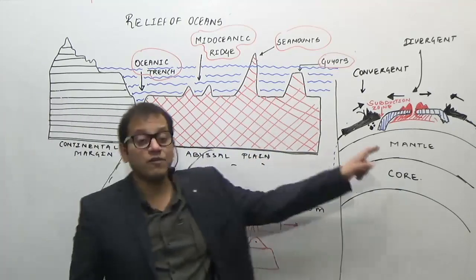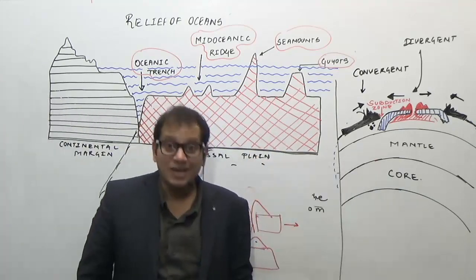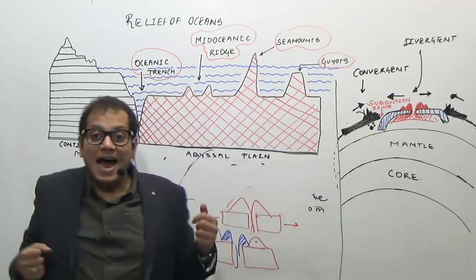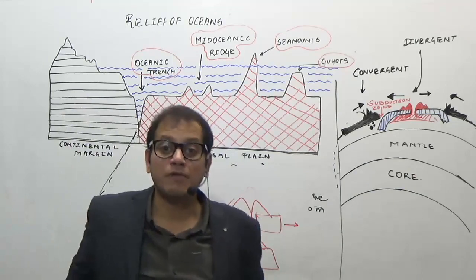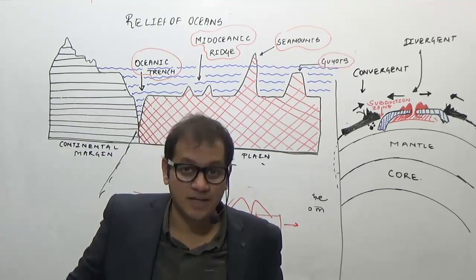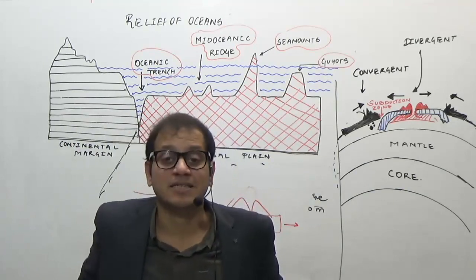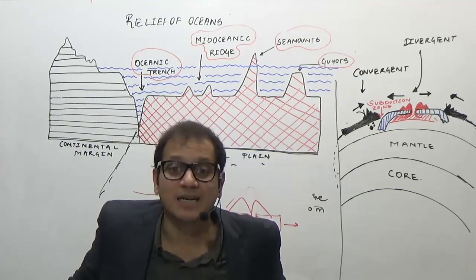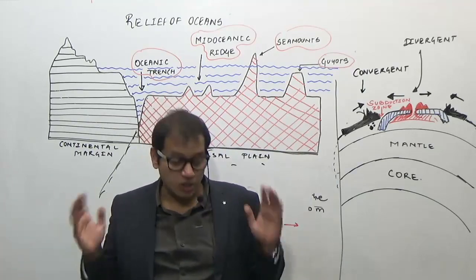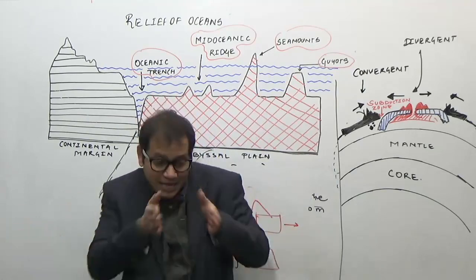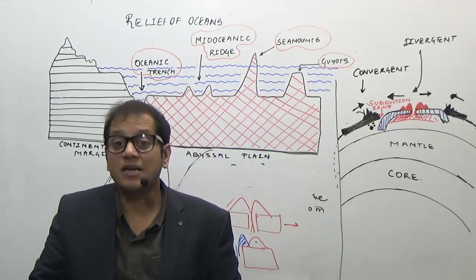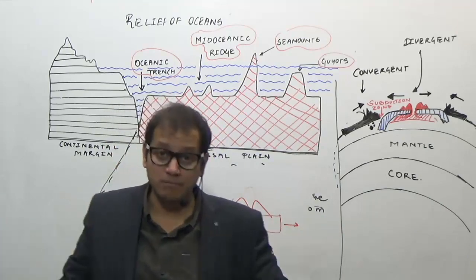Why the mid-oceanic ridge? Because they are generally formed in the middle of an ocean, which represents the ocean floor going away from each other. Which is the best example of a mid-oceanic ridge? The best example is the mid-Atlantic ridge, because nowhere in any other ocean will you find the oceanic ridge or the divergent plate boundary exactly in the middle as in the Atlantic Ocean. It looks as if the Atlantic Ocean is exactly separating from the middle.